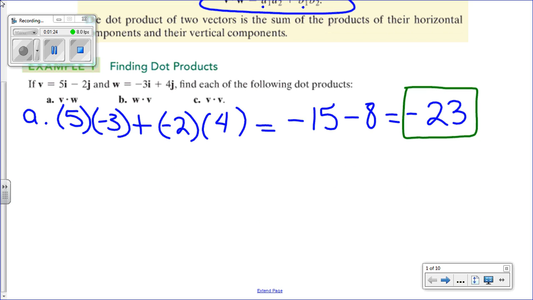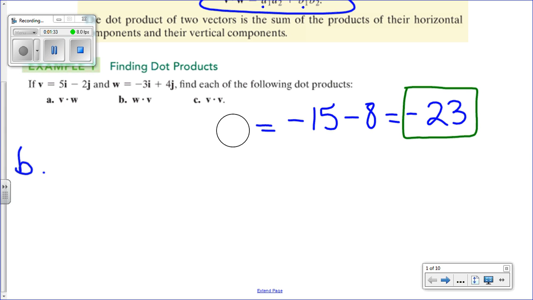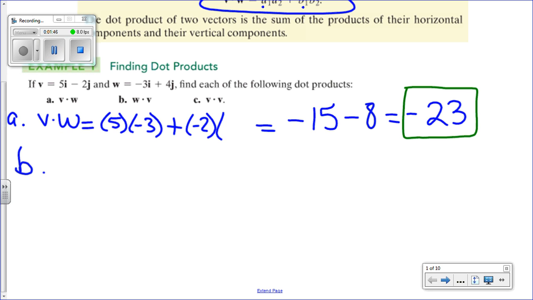Okay, so I'm going to solve the next part B. And so for part B, it's probably important that I write down what I was looking for. So the first one, it was B dot W. And so that one, we said it was 5 times -3 plus -2 times 4. Okay, now for the next one, we're going to find W dot V, and for that one, we take the